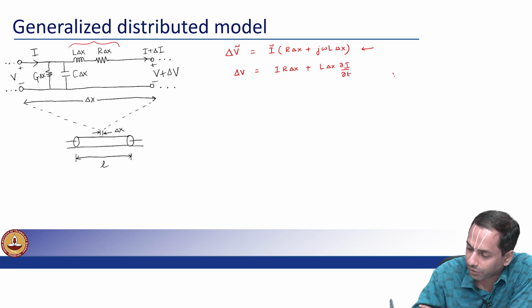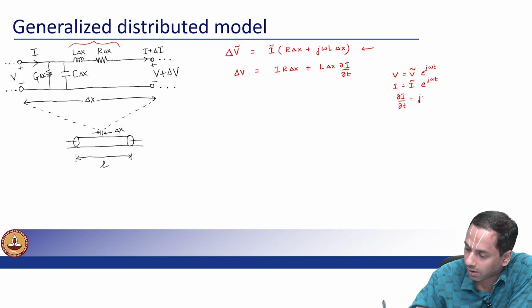Now if I were to assume that V was V tilde e to the j omega t, I is I tilde e to the j omega t, then dou I by dou t is j omega I tilde e to the j omega t,